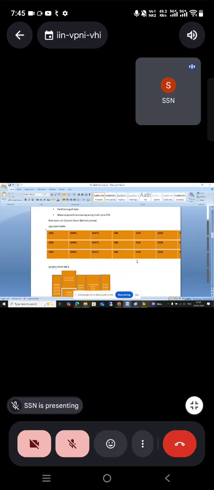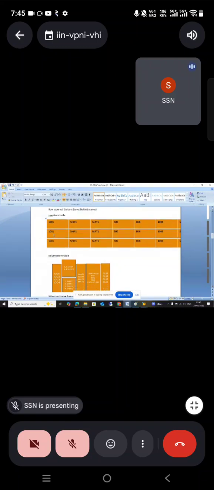Okay, so 101 means it's going to store like 102 and the ship-to address, what is the material, like that it's going to store. This is how it stores row-wise. But when it comes to column-wise, how is it going to store? It's not going to store like a row matching. So 101 is common, right? In all of these, 101 will be stored once,